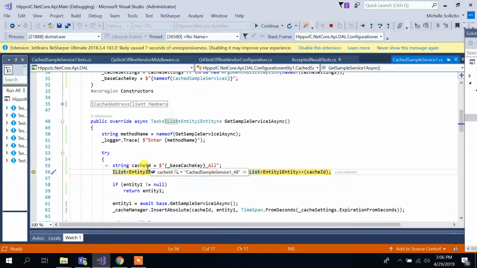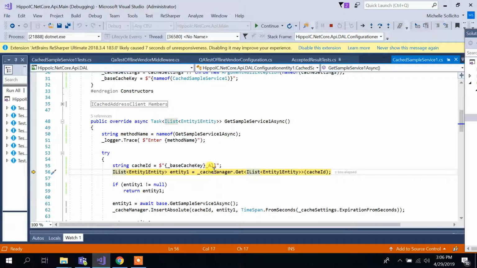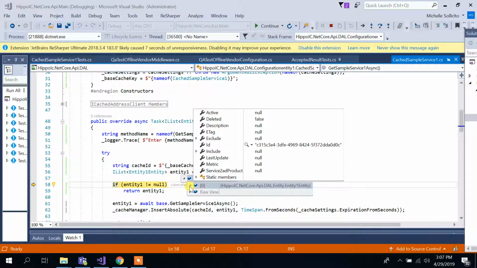Okay, so we've got a cache ID, which is cached sample service 1 all. And we're going to do a get to see if there is something there with cached sample service 1 all. Now remember, cache manager is a mocked object. If you highlight over there, you can see mock. It's a mocked object, so it's pretending to do this get. It's not really doing this get. So the response from this get is going to be that list of objects that we saw in the setup earlier. So if I press F10, the entity that comes back,